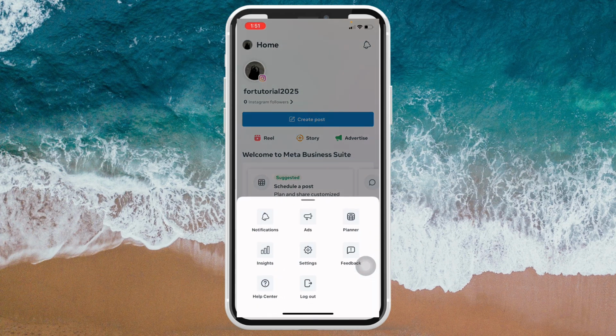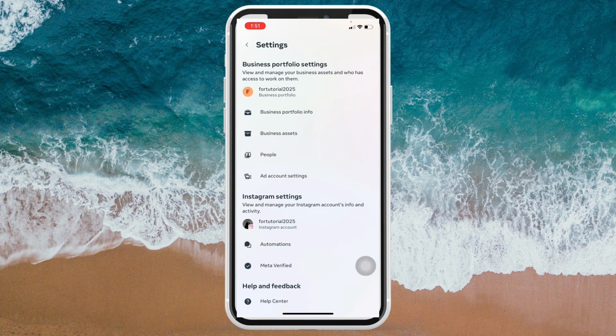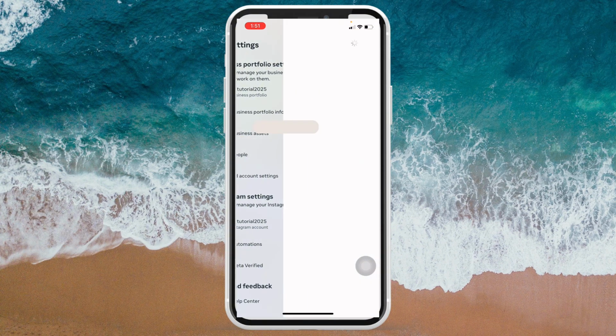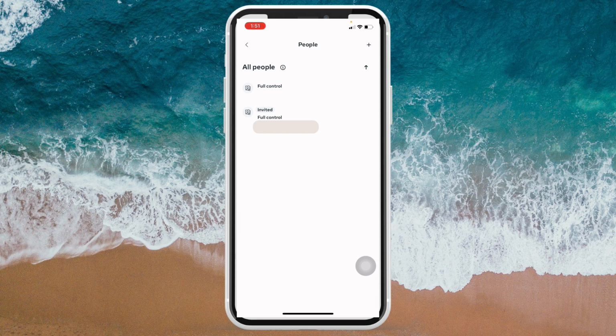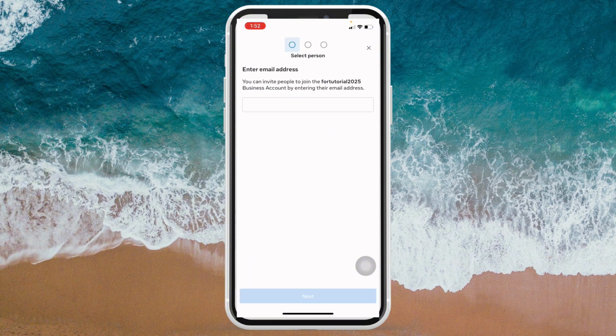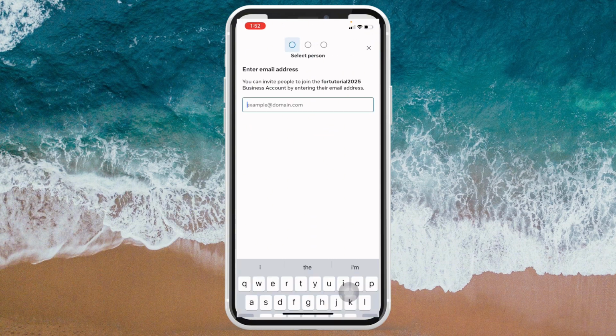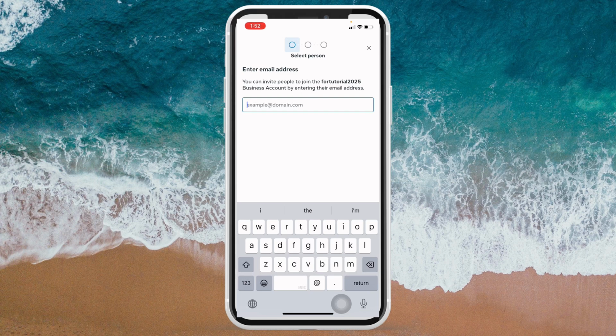And from here, you need to click on Settings, People, and click on the plus sign button at the top right corner of your screen. And here, you will type the email address of the person that you want to add as an admin to your Instagram page. Say for example,